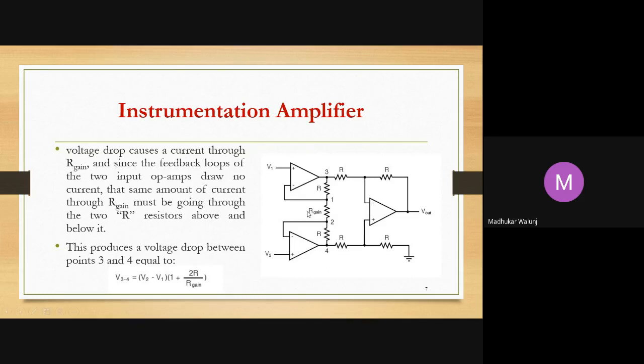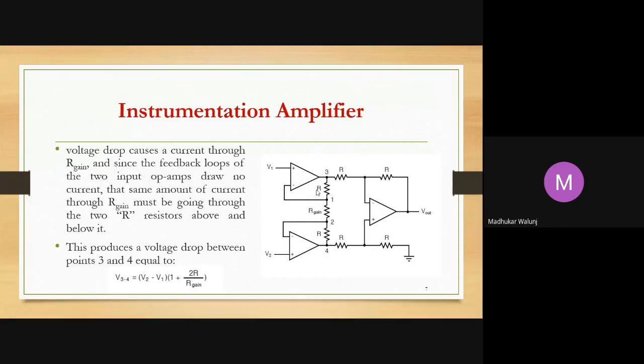So the current is not flowing from 1 towards the inverting terminal or from 2 towards the inverting terminal of the upper and lower operational amplifier. So where will this current flow? It will flow through resistance R from 3, R gain between 1 and 2, resistance R, and 4. If V2 is greater, what will happen? It will start from 4 and go towards 3. Depending upon which input is higher and which is lower, we have this particular concept.